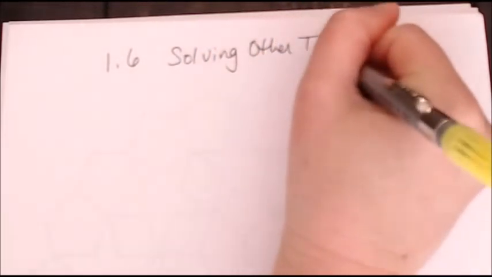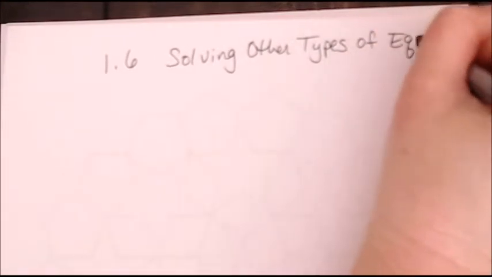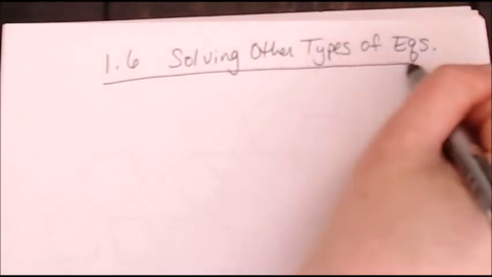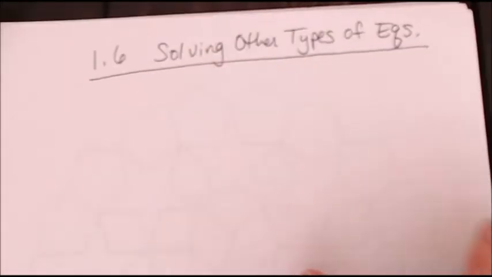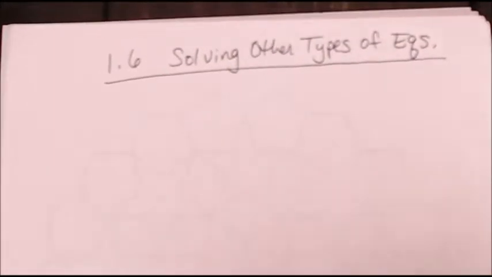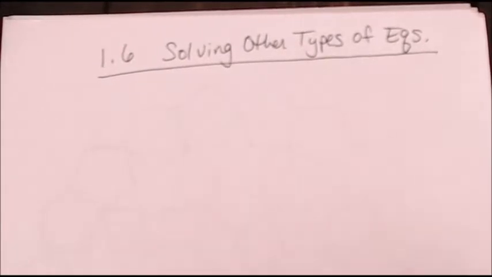So remember this entire first chapter. I'm going to abbreviate equations here. This entire first chapter is all about solving lots of different types of equations, and then we're going to do some inequalities in the next section. But recall in the last section in 1.5, we looked at quadratic equations specifically and how to solve quadratic equations. So in addition to solving quadratic equations, there's 4 other types you need to know, and we're going to cover